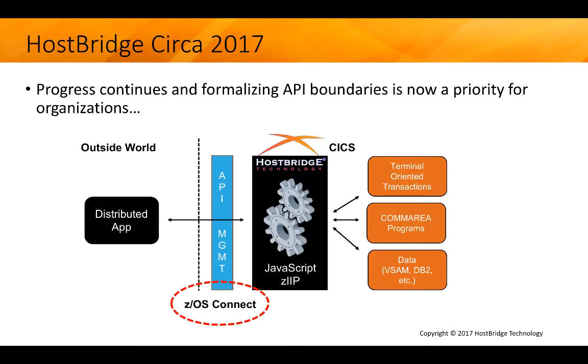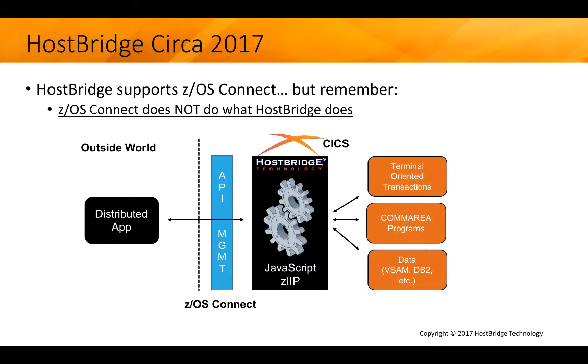We see z/OS Connect as another alternative to be able to get a request into CICS, no differently than any of the other conduits or channels that we've supported over time. So we show z/OS Connect positioned here as something that would act as an API management layer in front of HostBridge. So on this diagram, I want to make one very clear point, and that is that while HostBridge can support z/OS Connect as a means of invoking a HostBridge service, it's very important to realize that z/OS Connect does not